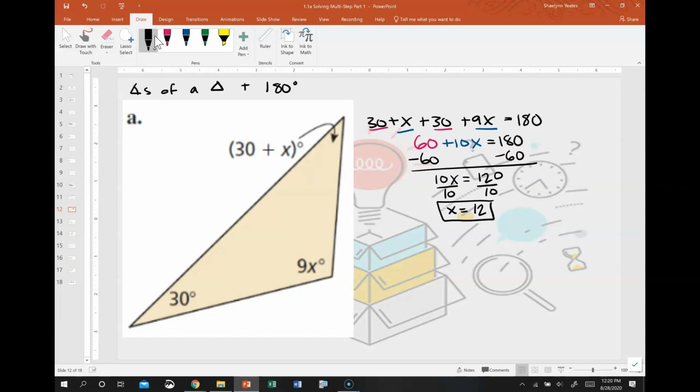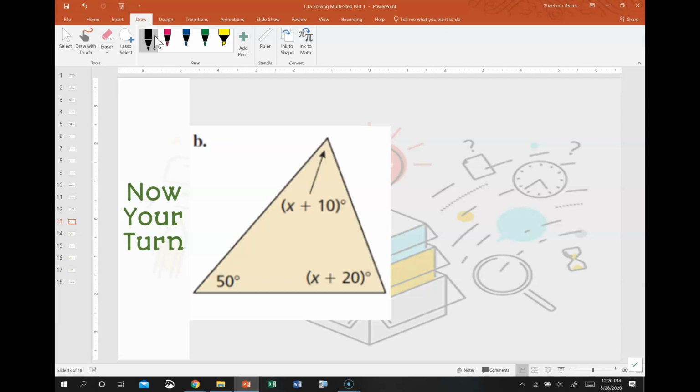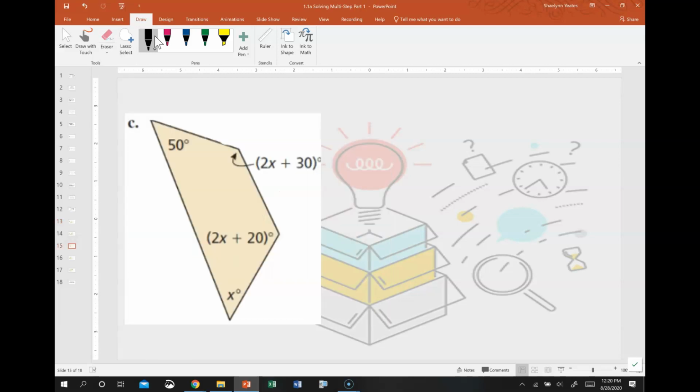Alright, so the next example problem that I want to do, then I want you guys to try this one out, but before you try that out, I'm going to do this one, which is similar, but now it's a quadrilateral. Some of you might know this, some of you might not. The angles of a quadrilateral always will add up to